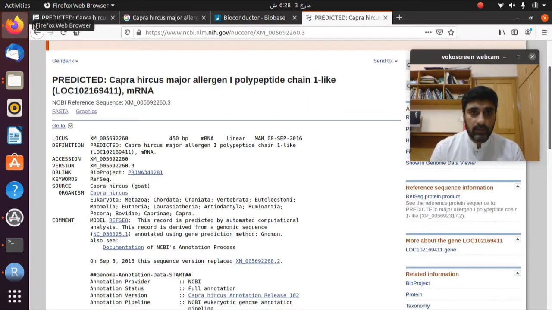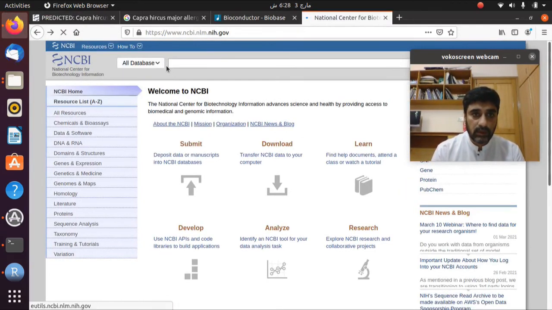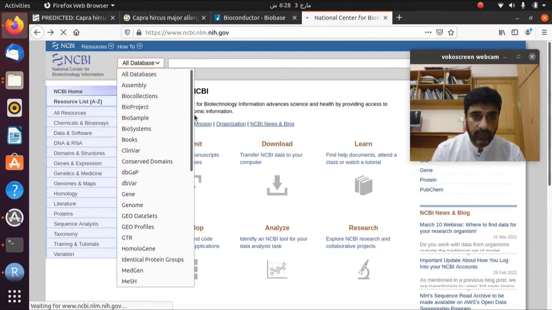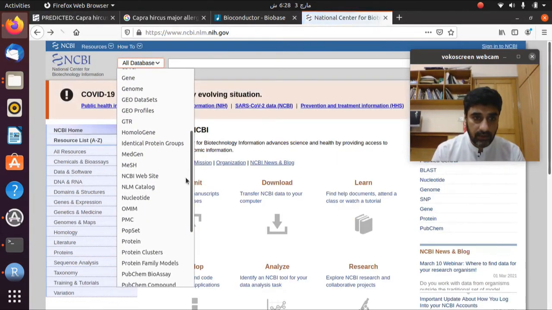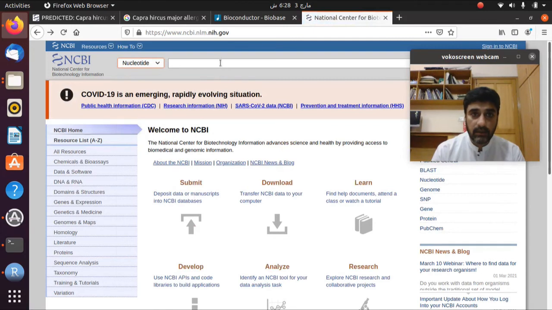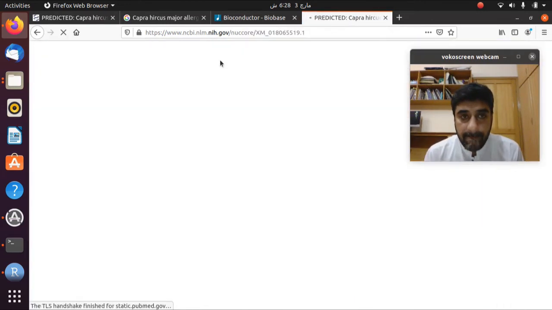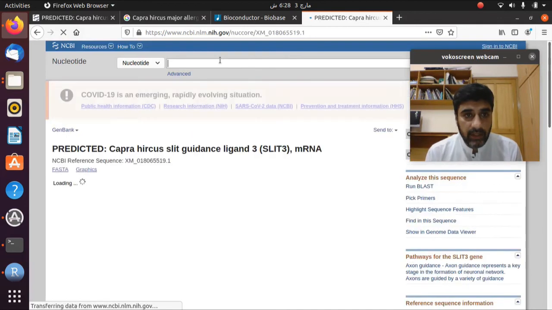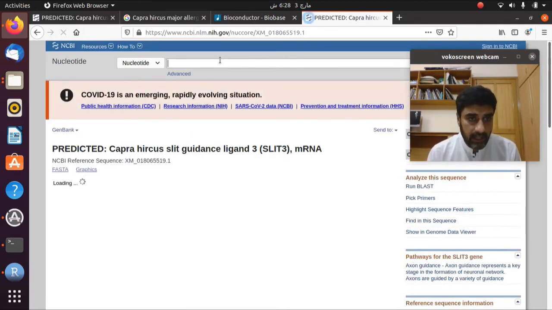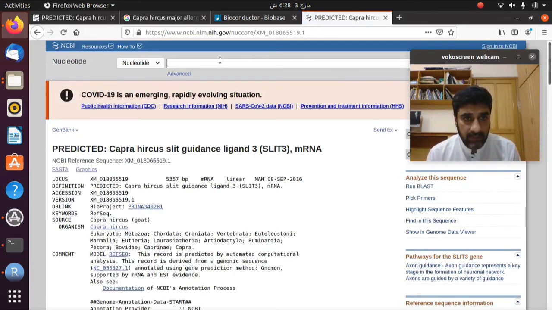So we are going to find another transcript in the nucleotide database, and here let's see. Okay, this is again predicted anyhow, but this gene is Capra hircus slit guidance ligand 3, SLIT3, messenger RNA.